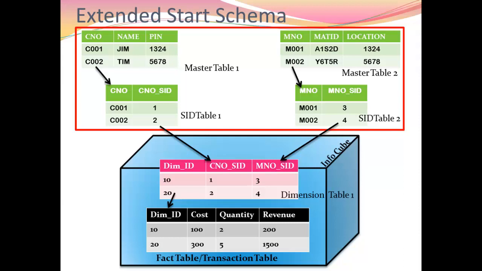So when a cube is created, we specify the dimension. Every dimension table will have one field of dimension ID, which will be in our fact table or transaction table. The number of dimensions we have specified, that many dimension IDs will be there. So a maximum of 16 dimension IDs we can store, as any table can have a maximum of 16 key fields.